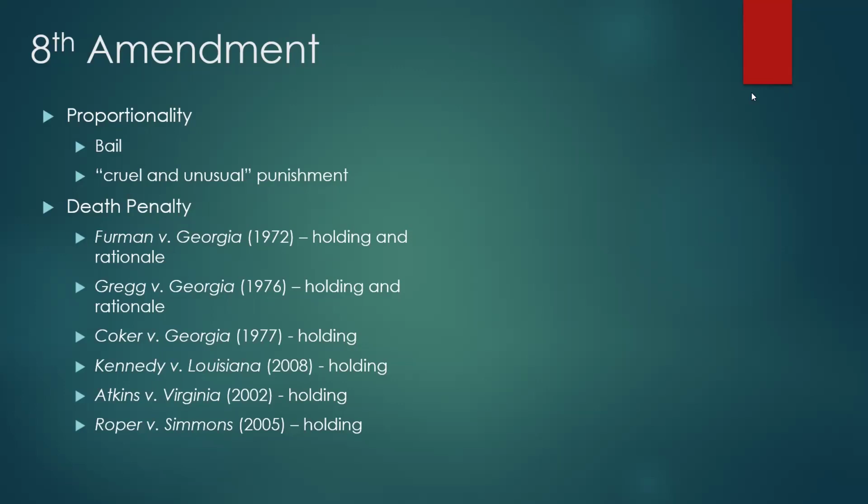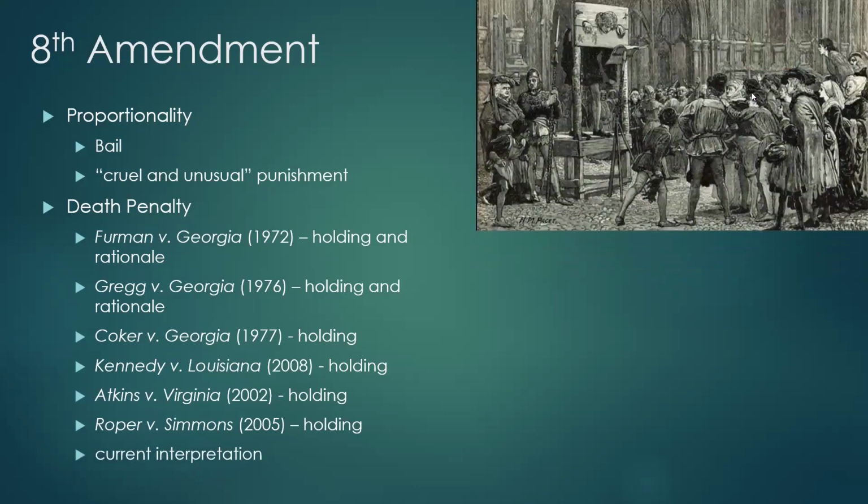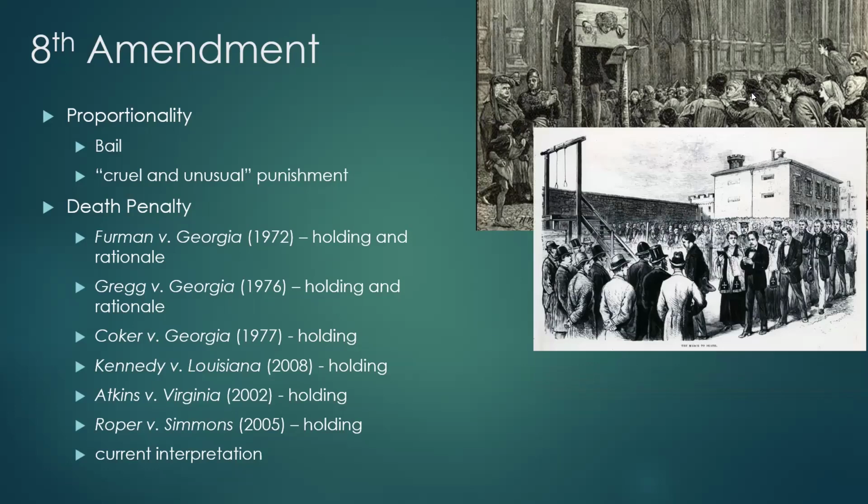But all of this is happening through what the court terms evolving standards of decency. What was considered cruel and unusual when the Eighth Amendment was ratified in 1792, I think, is very different than what we would consider cruel and unusual today. So they call it the evolving standards. It can change. What we consider cruel and unusual is determined based on our modern understanding of what is cruel and unusual, and not the understanding of people 250 years ago.